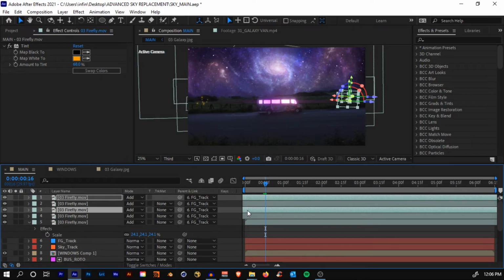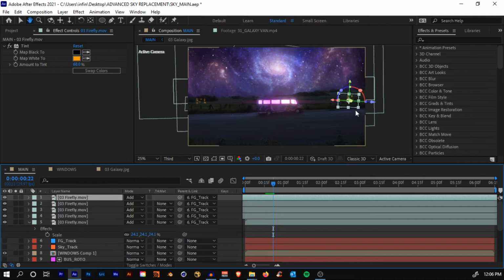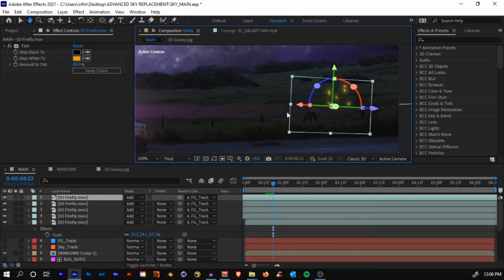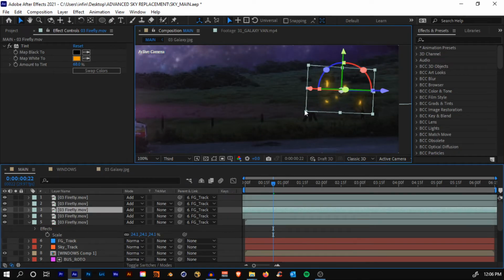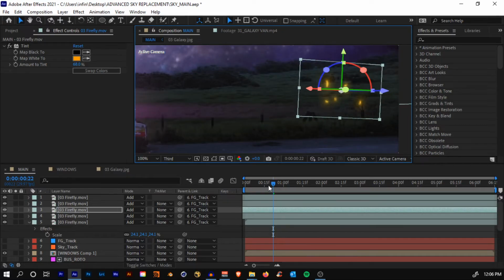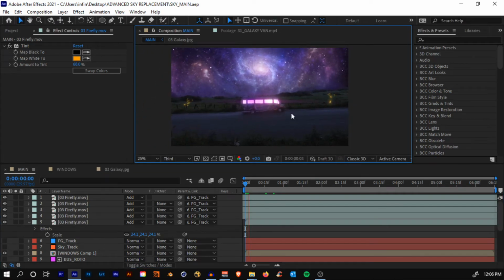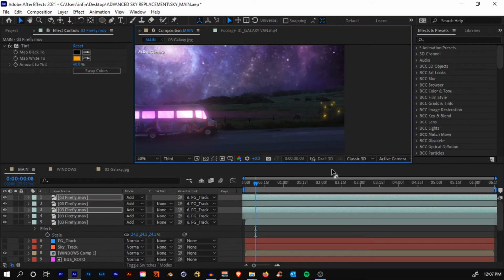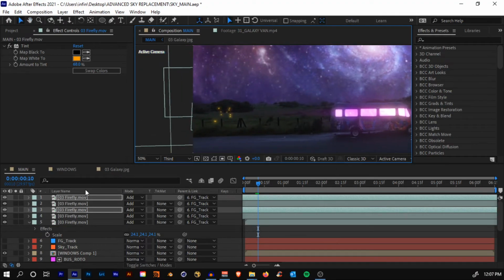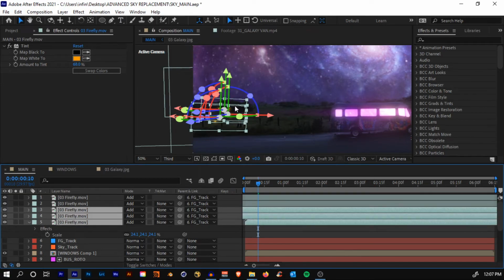And again just randomize them. And maybe from here we can increase the scale for them to appear a little bit closer to a camera, something like that, if you need. Okay, I think I'll just get them at the side like that, and these ones I think I'll just select all three.